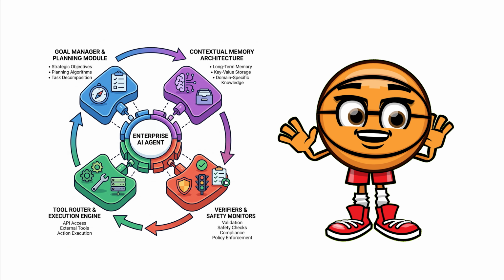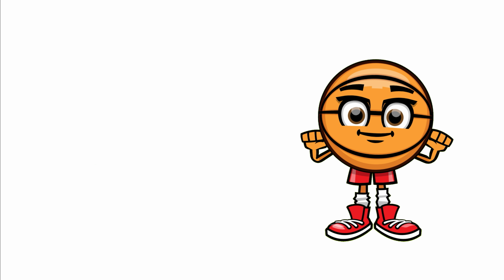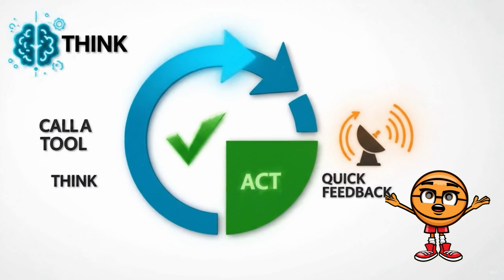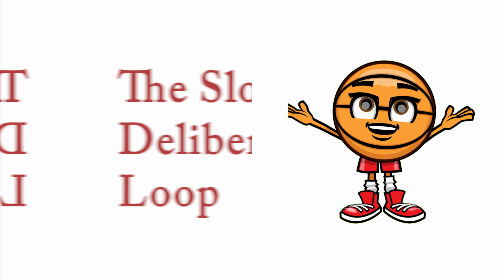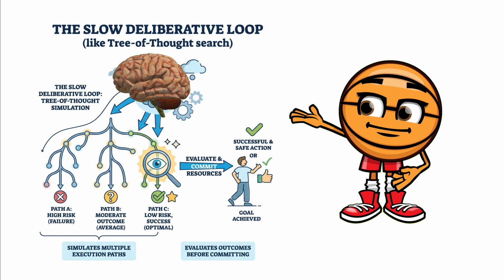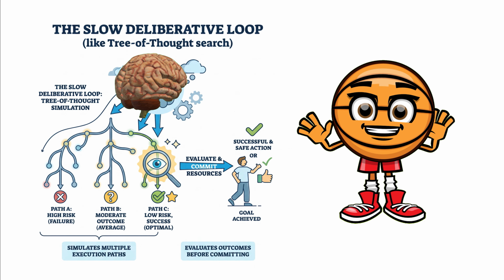Subsystem 1, the goal manager and planning module. This is the central conductor. It uses 2 types of thinking. The fast reactive loop. It rapidly cycles between thinking, calling a tool, and acting based on quick feedback. The slow deliberative loop. Before taking high-risk actions, it simulates multiple execution paths in its head, evaluating outcomes before committing